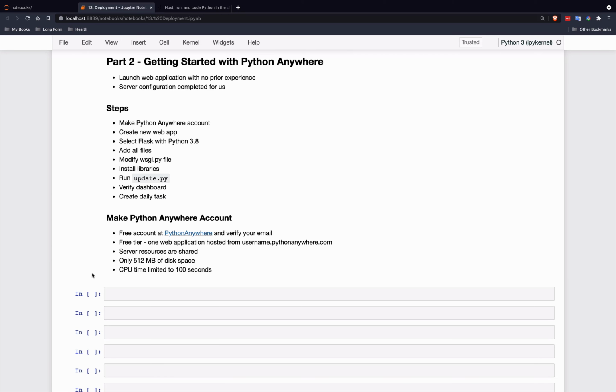So Python Anywhere is a great choice for those that want to launch a web application with no prior experience. It is simple and it is free. Now, one of the main reasons that it's simple is because the server configuration has been completed for us. And this server configuration can be quite a pain if you've never done it before. And so with Python Anywhere, you essentially just have to upload your files, your Python files, and your application will